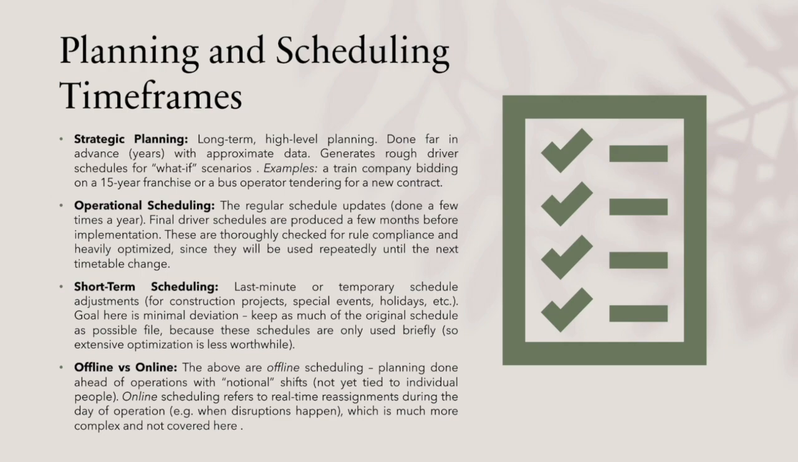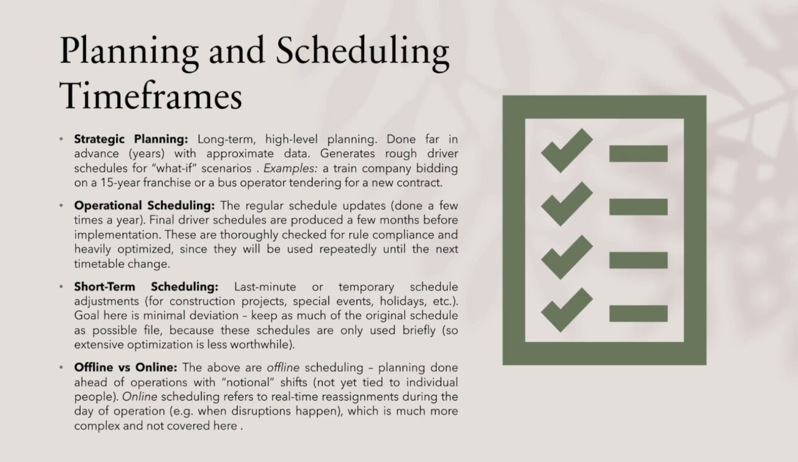For example, a train company bidding on a 15-year franchise or a bus operator tendering for a new contract. Operation scheduling: the regular schedule updates done a few times a year. Final driver schedules are produced a few months before implementation. These are thoroughly checked for rule compliance and heavily optimized, since they will be used repeatedly until the next timetable